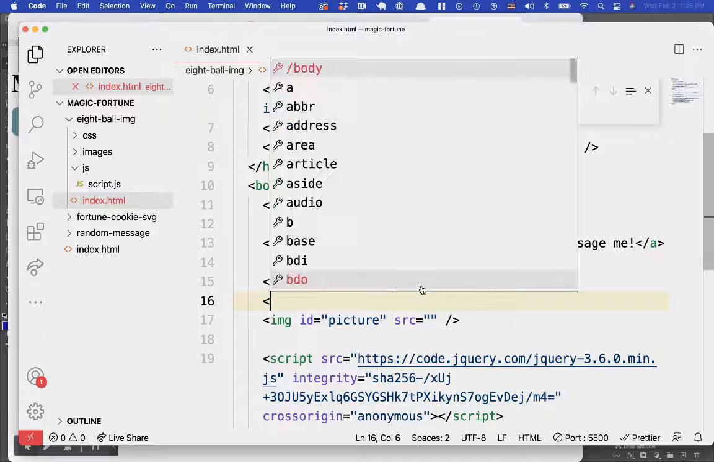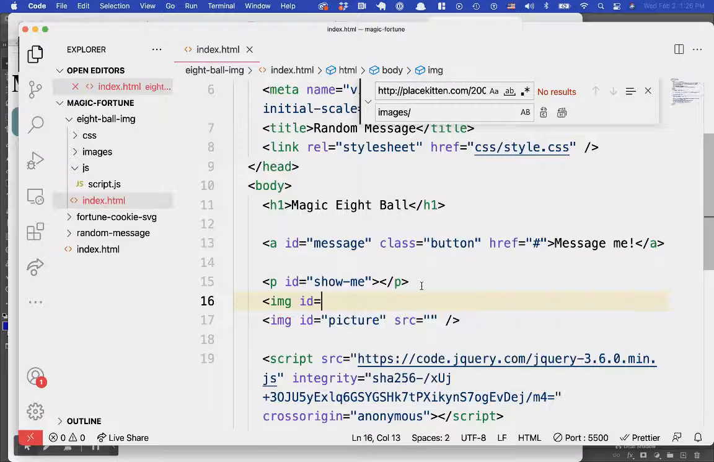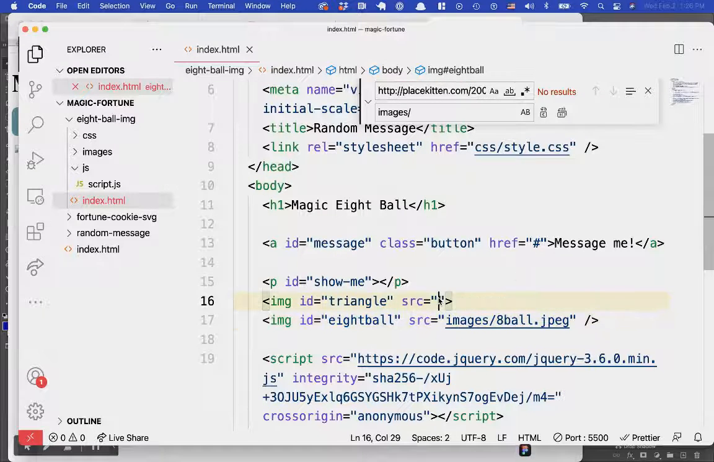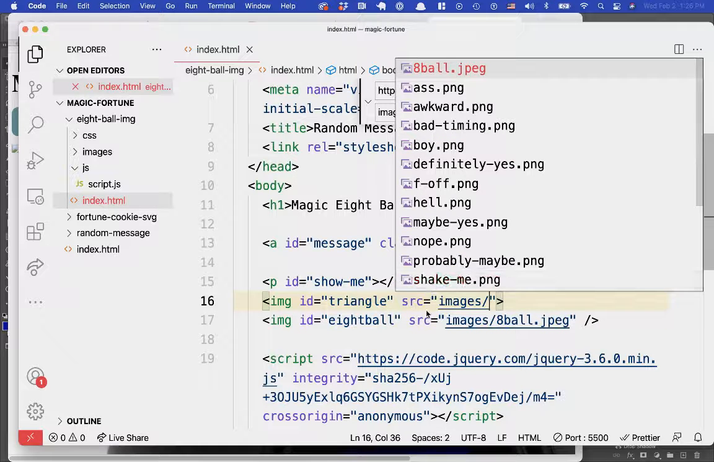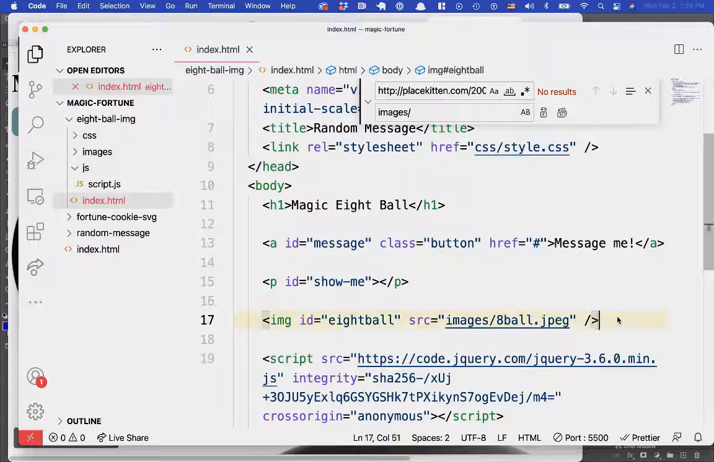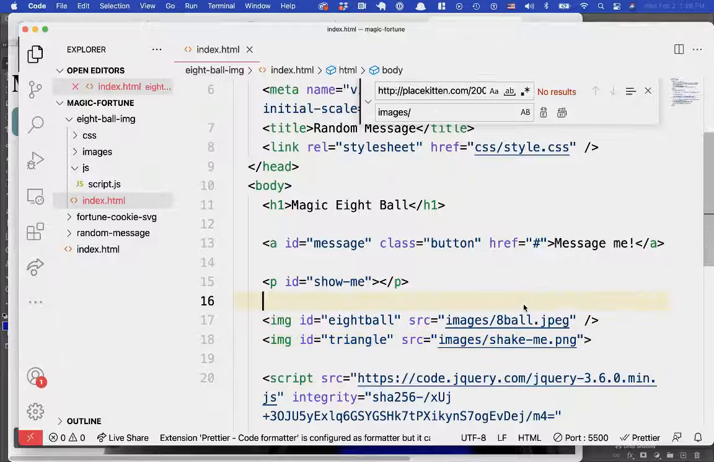Let's see. I want to have an image with an ID of, I'm going to call it triangle for the message inside, and then a source of something. And then I'll just change picture to triangle, and then this will be the 8-ball. Okay, ID 8-ball. So this is images 8-ball. This one is images. I will do shake me as my default. I actually want the triangle to go below the 8-ball